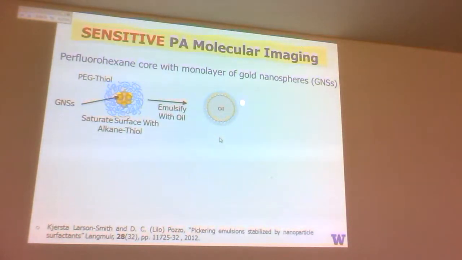So we saw this work and started talking with the group, and what we got excited by is the possibility with this kind of construct of doing the following: taking this kind of system, and these are typically around 100 to 200 nanometers, so we're still in the size range. The ones I will show you are 135 nanometers. We're still trying to get these sub-100 nanometers, because again, we want to be in this 50 to 100 range